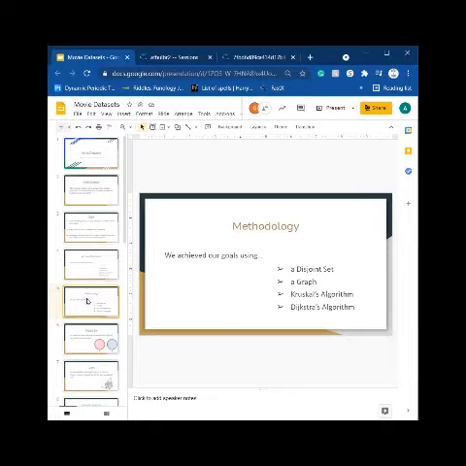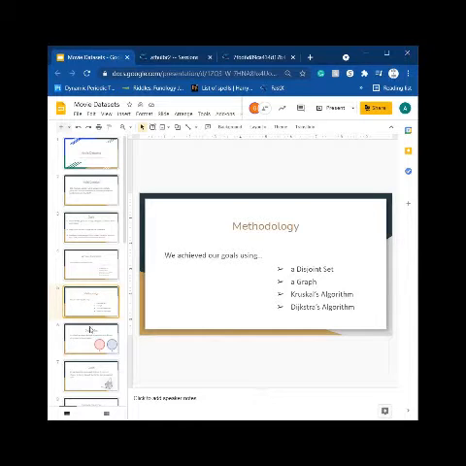As for our methodology, we used a disjoint set and a graph as our graph data structures, and we used the graph as the major storage data structure, and it would be initialized at the very beginning whenever we start running our program. Then we use the Kruskal algorithm later on to sort out each of the movies based on their genres and how similar each of the genres were. And the Dijkstra algorithm essentially recommends you movies based on a movie that you pick.